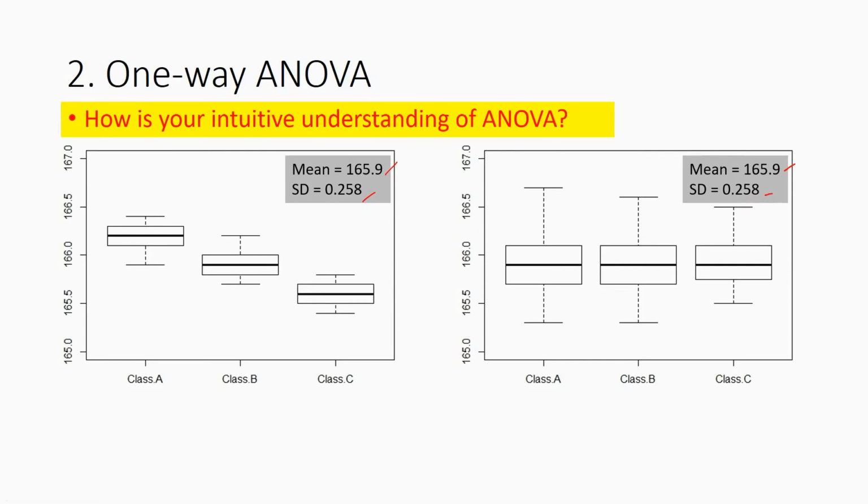So now you can compare between these two ANOVA tables. For the ANOVA table, first you need to calculate the sum of square, then calculate the degree of freedom, and after that calculate the mean square. Of course, the mean square in this case depends on the sum of square. It does not depend on the degree of freedom, because the degree of freedom between these two data sets is the same. But you know that the total sum of square should be the same, right? Because the total standard deviation is the same, the total variance is the same. So the only thing that can differ between these two data sets is